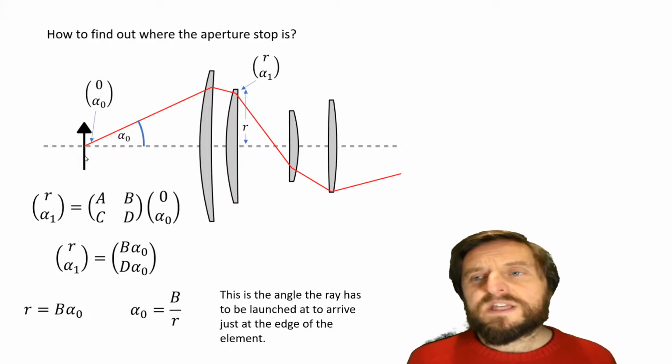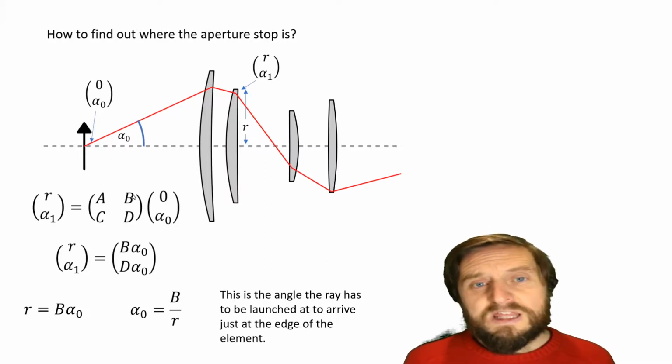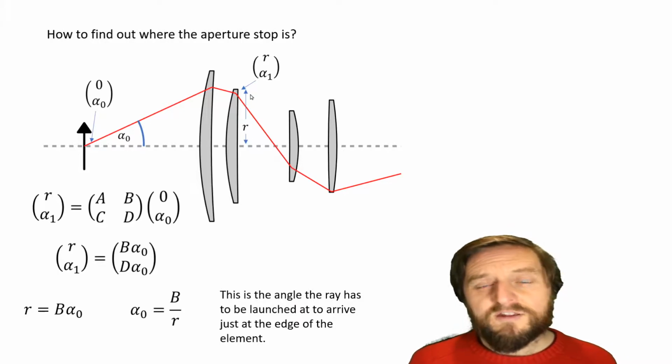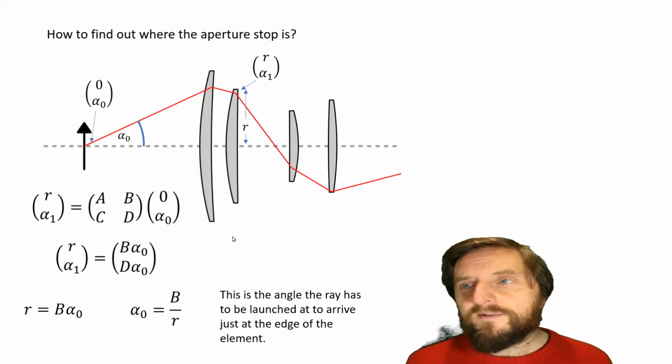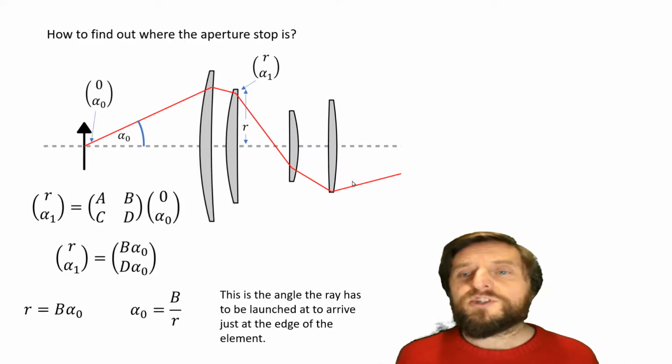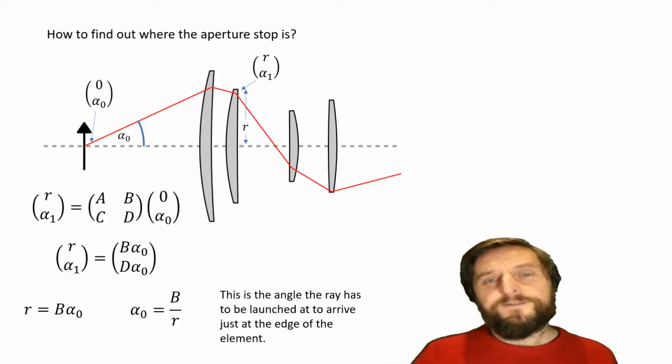So all I need to do is calculate the matrix from here to the element, look at the B element of that matrix, divide it by the radius of the element, and that gives me the launch angle. So all I have to do if I want to find the aperture stop is do that for every element